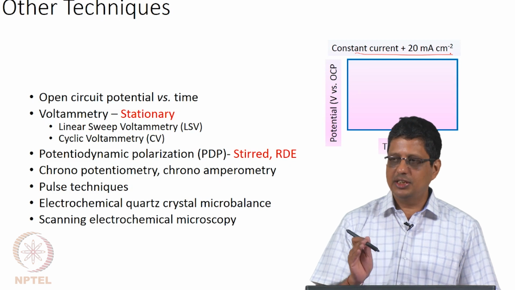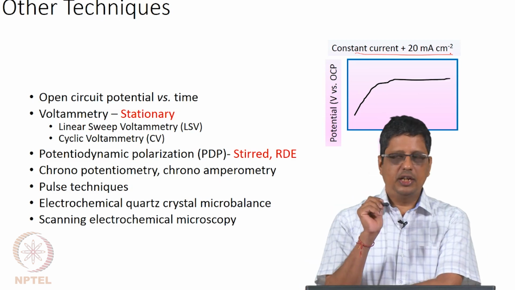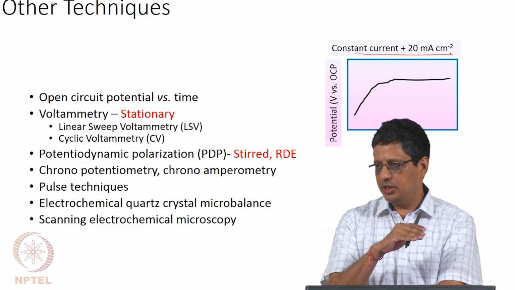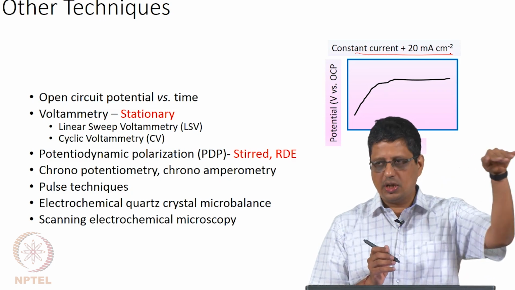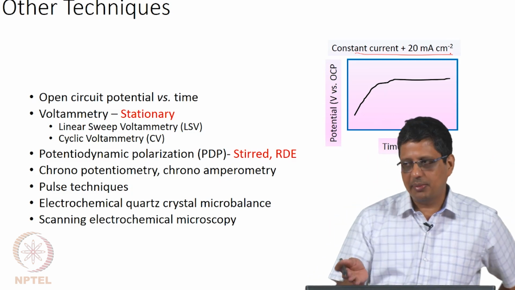Some of the manufacturers would say this is the convention. Here, if you say constant current, potential may increase and then become constant, or may decrease and become constant, depending on the situation. If you go from 0 current and suddenly jump to a constant current, the response of the potential will go like this in some cases.